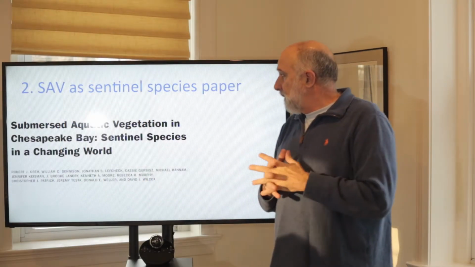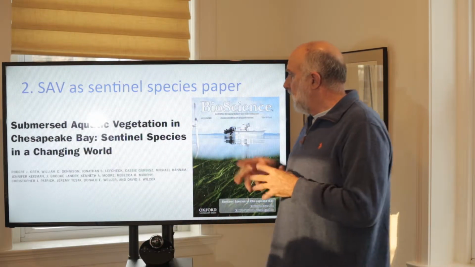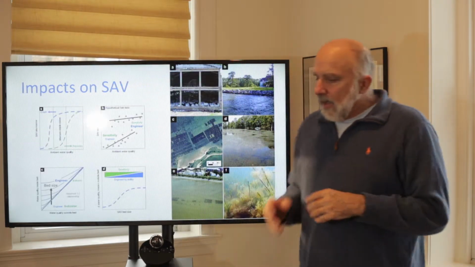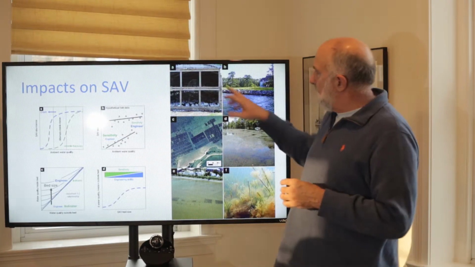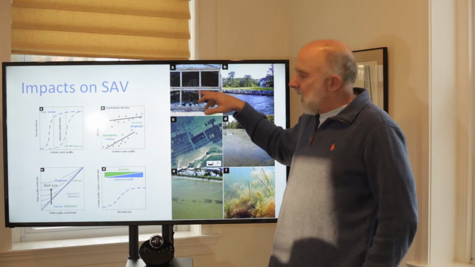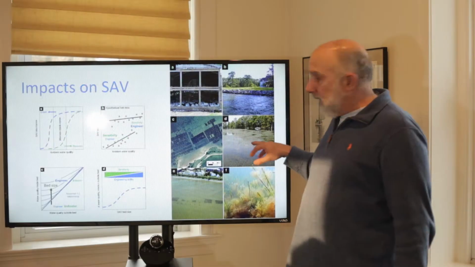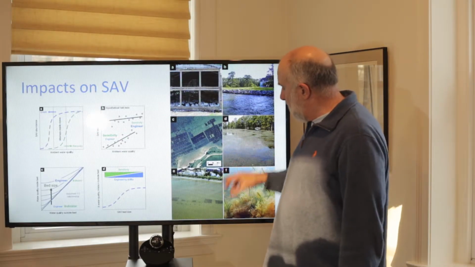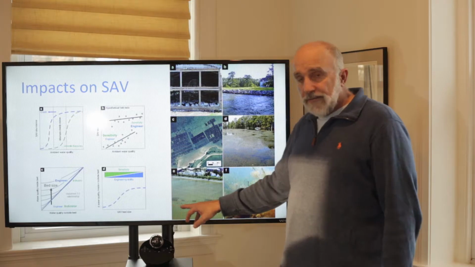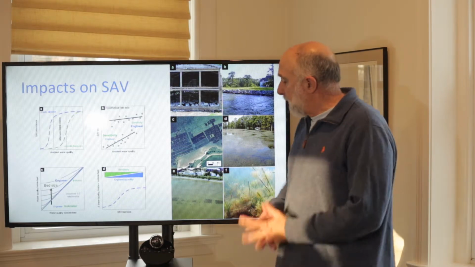Submerged aquatic vegetation in Chesapeake Bay, sentinel species in a changing world. We were able to get the cover photo of this prestigious journal, which we were proud of. We had a bunch of different graphics. I'll show you a series of 6 photos we used to depict some of the key issues: the expansion of the chicken industry, the hardening of the shorelines, the expanding clam aquaculture, introduced species like hydrilla in the upper Potomac,